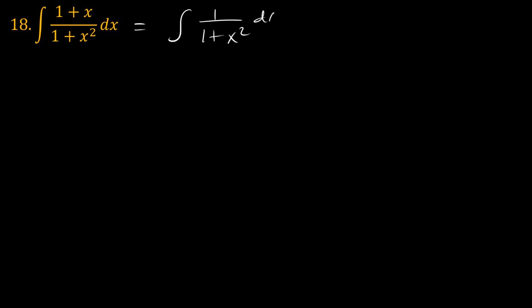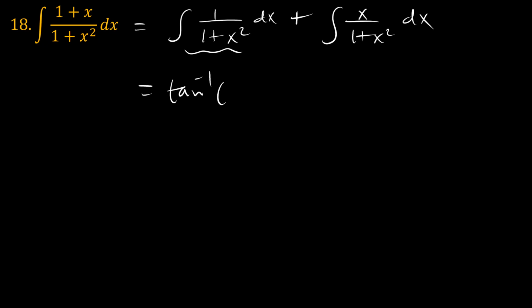Problem number 18 is fairly easy. This won't take much of our time, and that is the indefinite integral of 1 plus x all over 1 plus x squared. So what we do here is we just separate this into two separate integrals: 1 over 1 plus x squared, plus x over 1 plus x squared. And let's try to rewrite that in a way that is easy to fathom. So this is a famous integral, which is the arctangent of x, plus